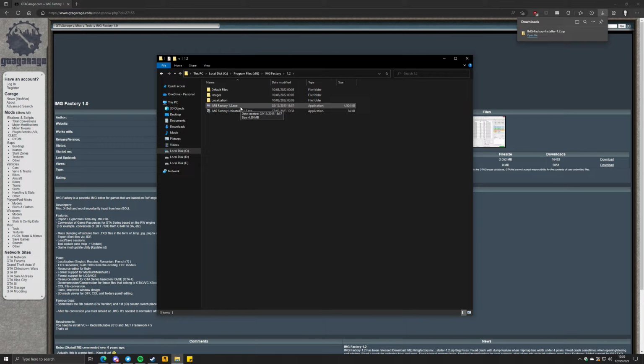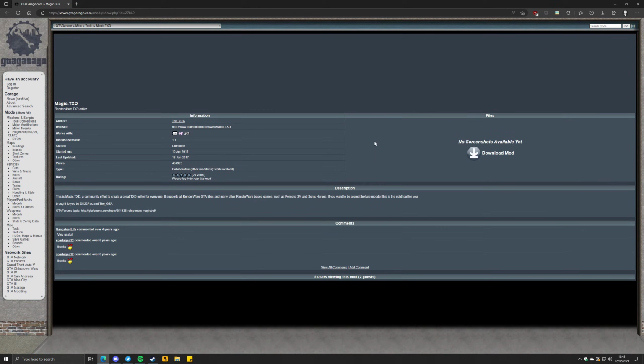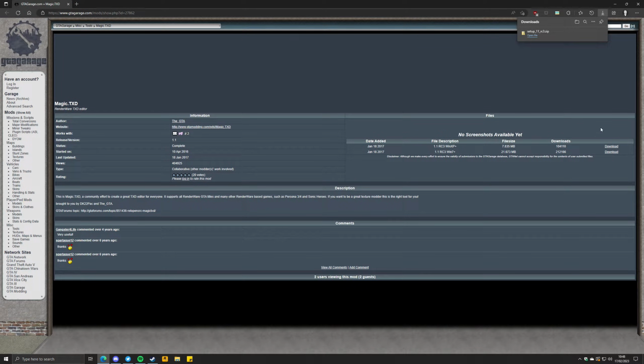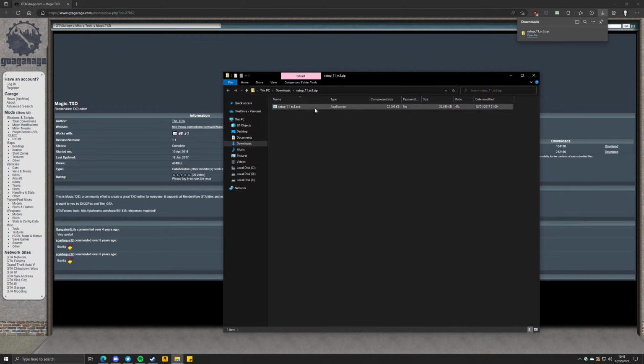There's a bit of a problem with this tool that we'll have to fix after you install, but it's simple enough to do. Another tool we have to download is a TXD editor called Magic TXD. This allows us to open TXD archives, which contain the game's textures. Make sure you download the correct version depending on your PC. Chances are you're on Windows 7 or newer, so download the Win 7 Plus version.